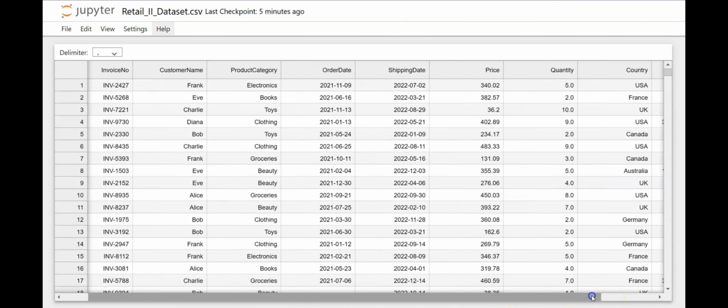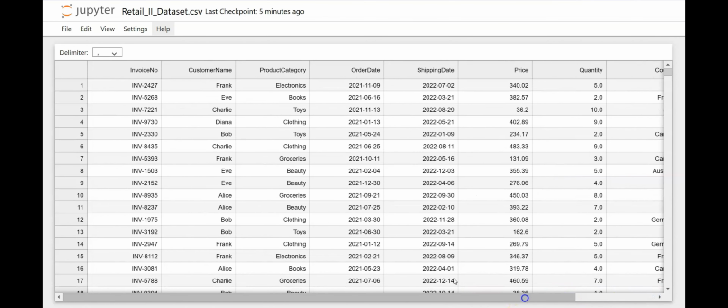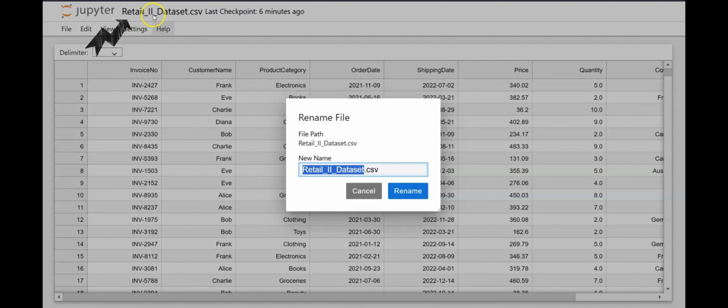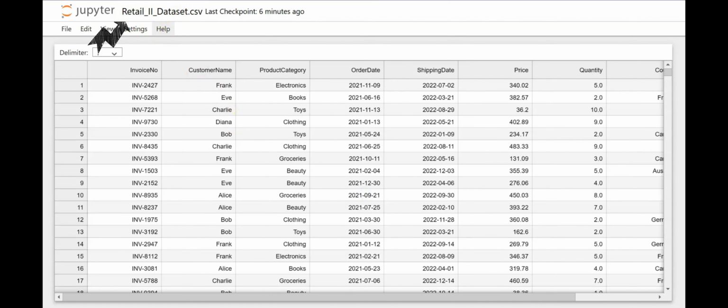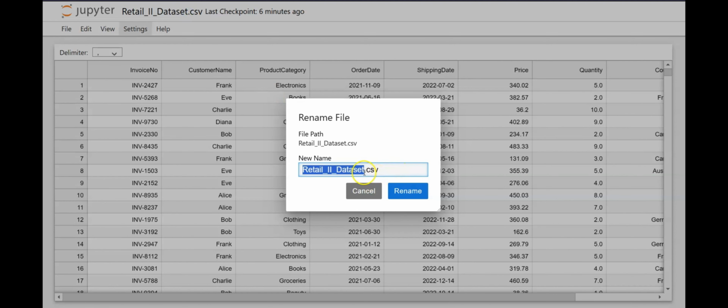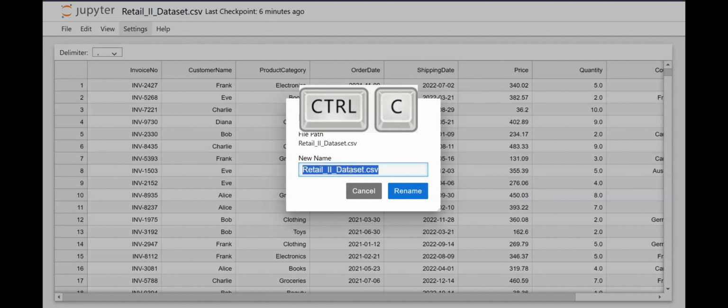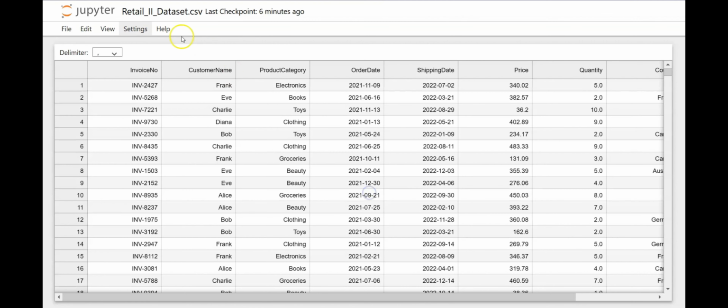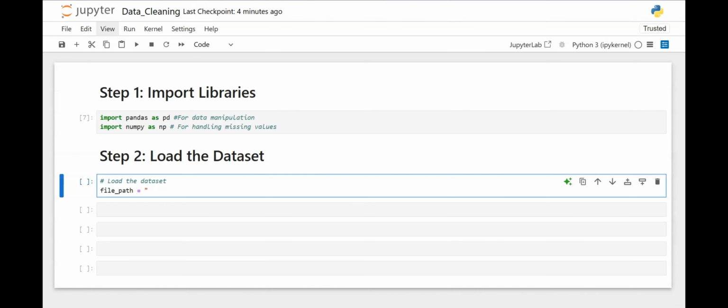We already reviewed this in the CSV file, so it should be just the same. However, I want the name. So I'm going to click up here on the top where it says retail2 dataset.csv. I'm going to click on that, highlight the whole name, and do a Control-C for copy. Then I'm going to cancel out of here, go back to my notebook where I was coding,